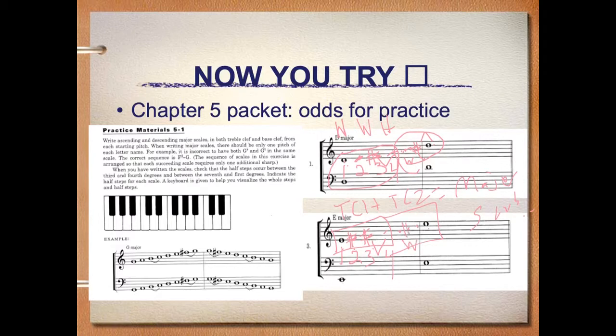Therefore, sharp the C. Is there a whole step between C sharp and D? Well, of course not. We need another whole step, so sharp the D. And now we have a half step where it's supposed to be between the 7th and 8th scale degrees. So now we have our E major scale built correctly with tetrachord 1, whole step between E and F sharp, whole step between F sharp and G sharp, and the half step between G sharp and A. Then the second tetrachord, B to C sharp, whole step, C sharp to D sharp, whole step, D sharp to E, half step.